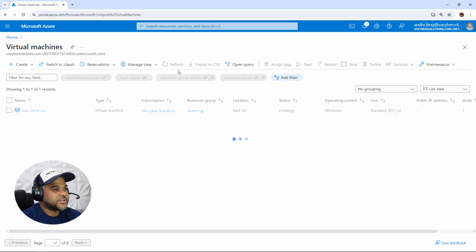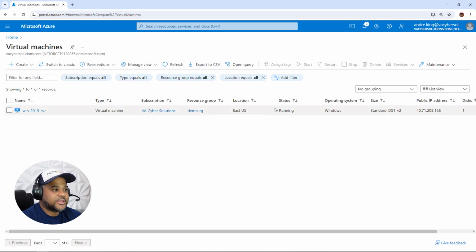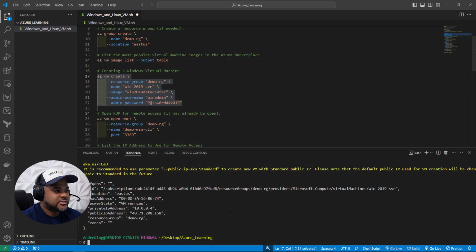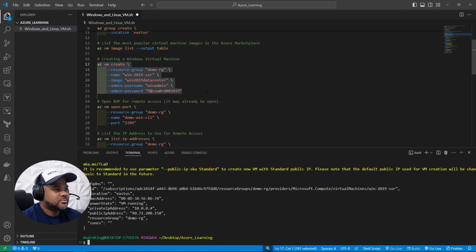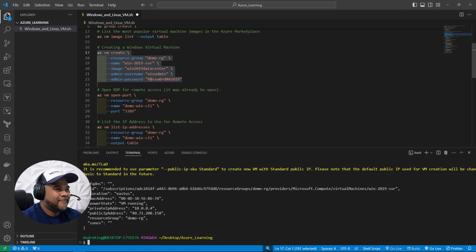We'll hit refresh here a bit. Oh, we see that it is running. There is that public IP. We'll minimize this. And it looks like it's up. So that was about a minute and a half, maybe. And like I said, this here is creating that port that we're going to open up. We're going to name this resource group that we already have. We're going to specify demo-rg to tie everything together so that when we are ready to do a cleanup, we can just get rid of the resource group and, neatly, in one seamless fashion, get rid of all of these resources. Here's what we're going to name it, and then port 3389.